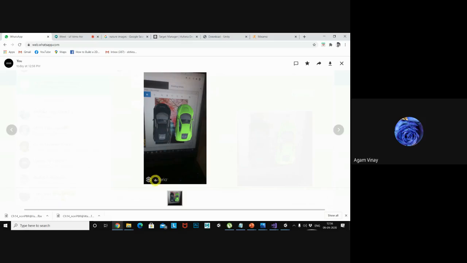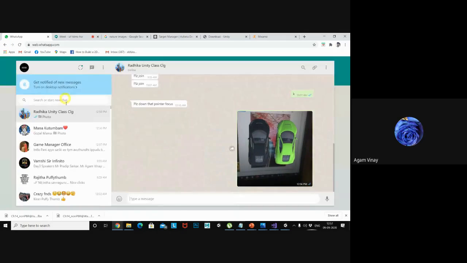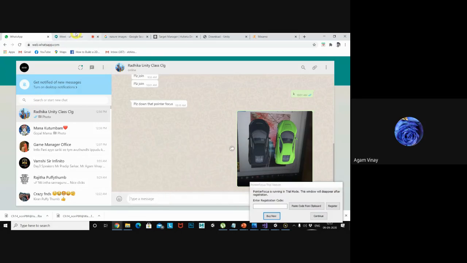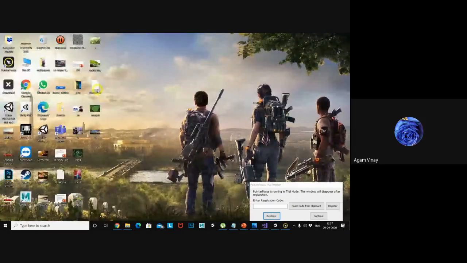If you want to remove this Vuforia watermark in your project, you have to buy the license key. Whenever the license key is in your project, the watermark is automatically removed. I will share the APK with Radhika ma'am so that you people can get it. The generated APK is here, the AR test APK, and the files are the target images.